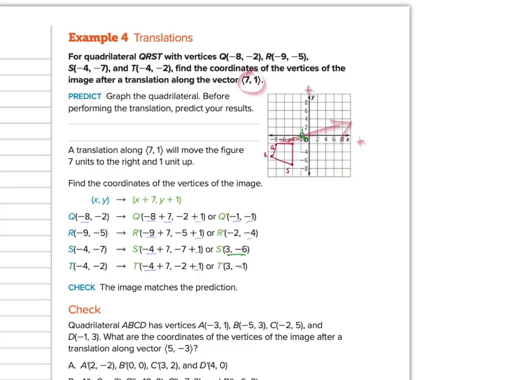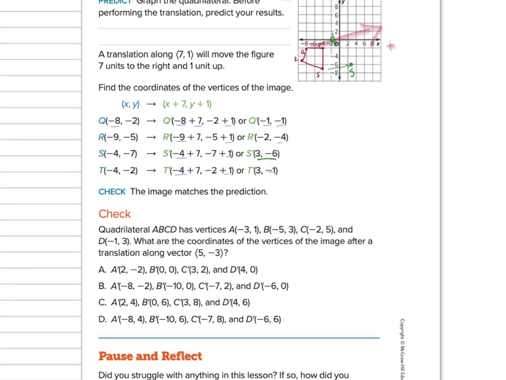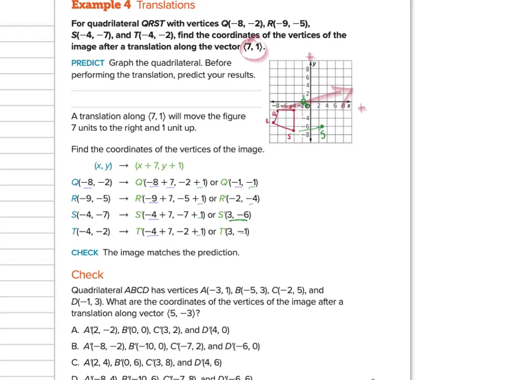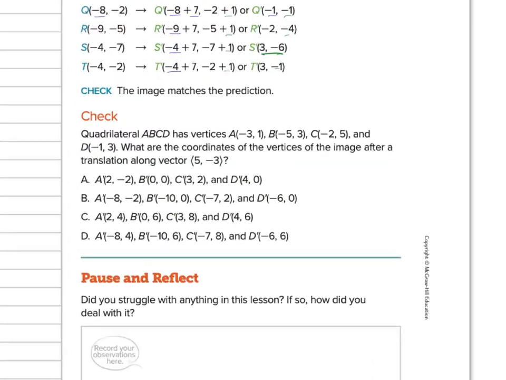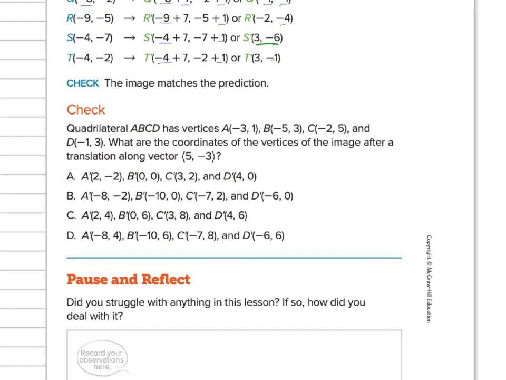S prime is going to be 3, -6, which is right there. So there's my s, and if you can see, we are traveling in about that same general direction that I described. Okay, so with that, we could have graphed all the images there, but we'll move on. In this check, this quadrilateral,